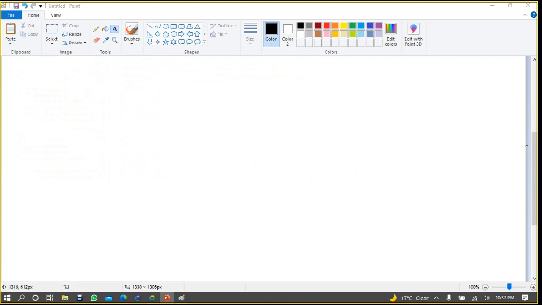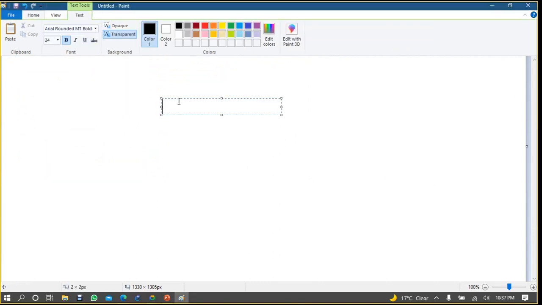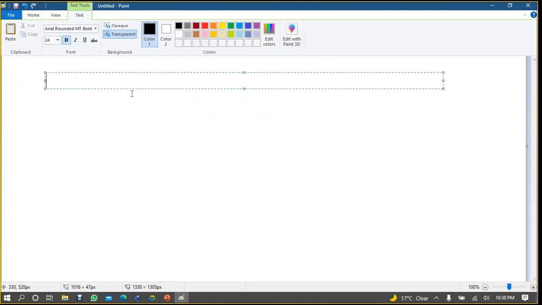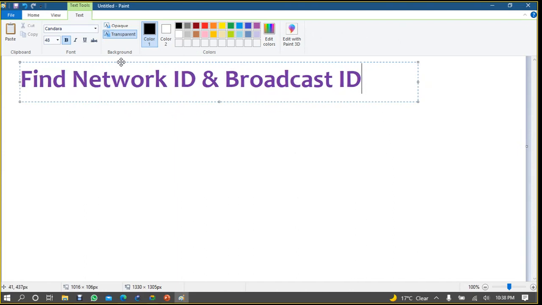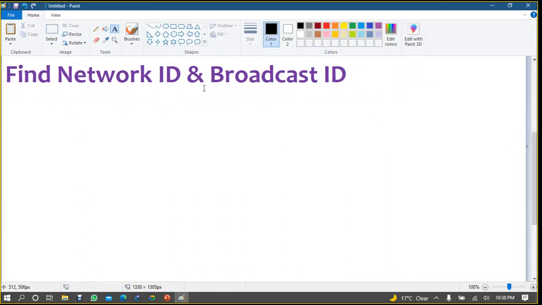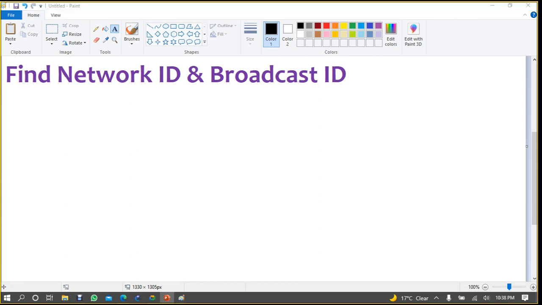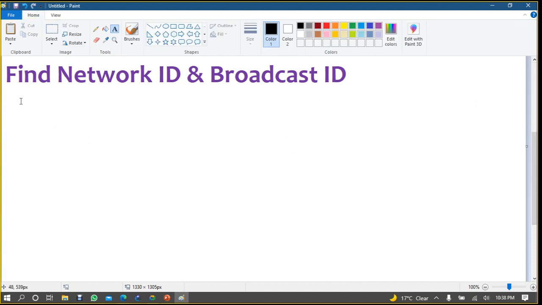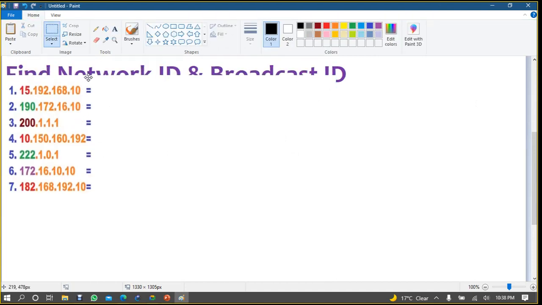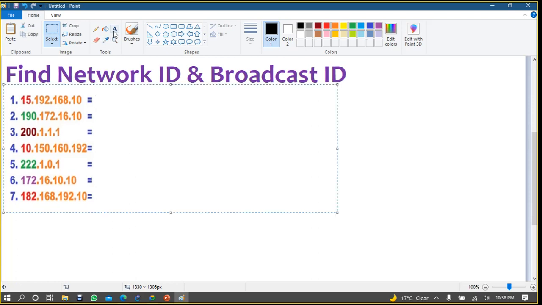So here you know that every IP address has some classes, right? And every IP address has some kind of information like network ID and broadcast ID, right? Every IP has the starting IP address, so the start IP address is known as network ID and the last IP is known as broadcast ID, right? So if I'm putting this here, and I will ask that here you have to identify